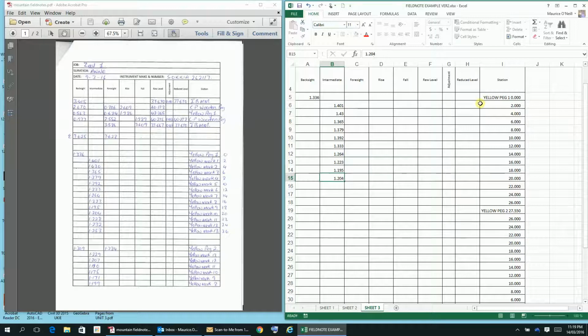Gives a nice clear result. You can keep your original field notes, which you can always refer back to. So if things don't quite work out, yeah, that's quite good. So that's 1.232, and yeah, it's a very tidy way of doing it. Some actually have, so that should be 1.334. That's the foresight there, and then here